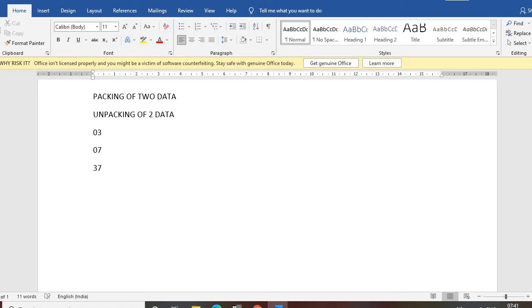This means packing. Just the opposite, unpacking means you have 37 in a particular register and you have to unpack it as 03 and 07. This is the meaning of packing and unpacking. So let's go for the program of packing.